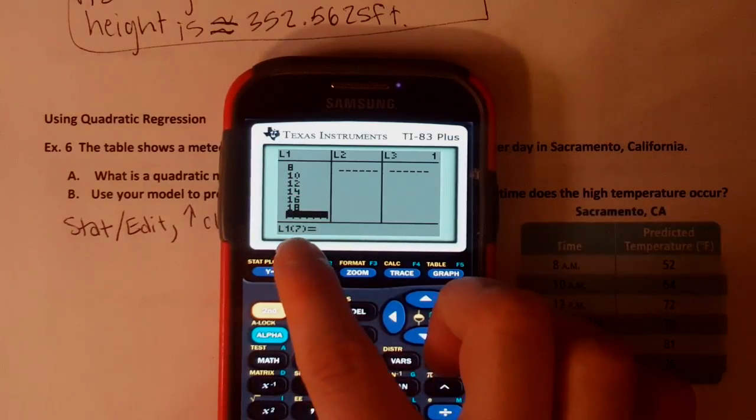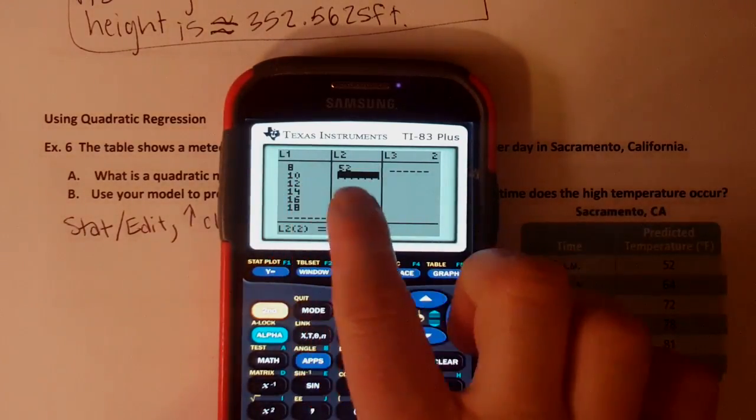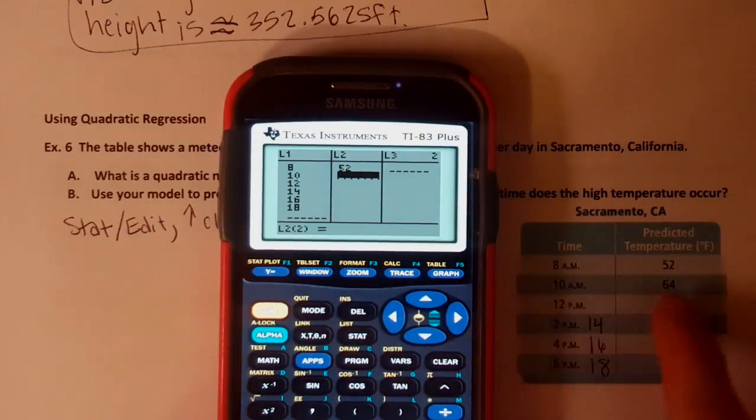It should be on L1 parentheses 7. That tells you the blank line is 7, so I have 6 values above it, so make sure you actually have all 6. Arrow to the right. L2, again, if it's full, you're going to go up, clear, down to clear it out. We're going to type in the temperatures. 52, they should be right across, just like this column is, with the time of day that the temperature happens. 64, 72, 78,